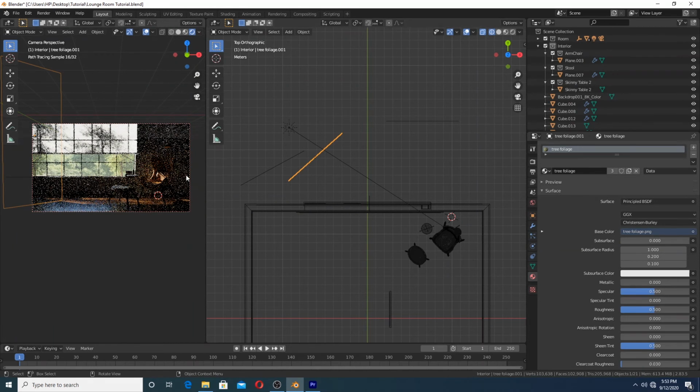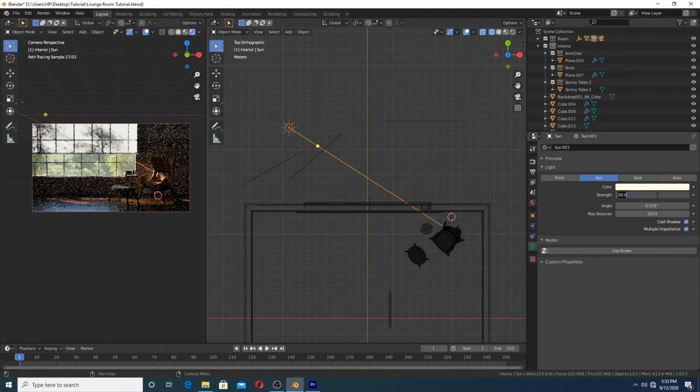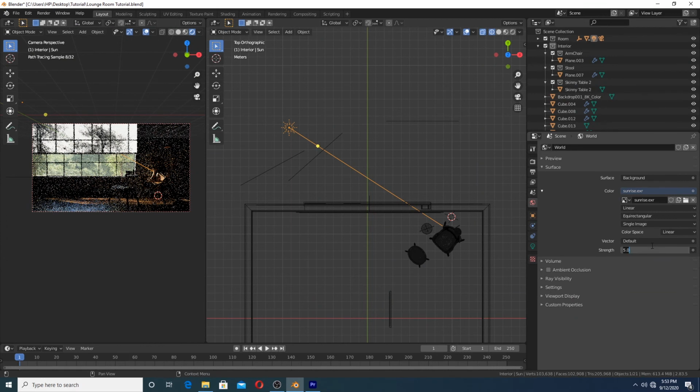And then if you still feel that you don't have enough light coming into your scene, you can grab your sun source and let's say put it to 40. On top of that, you can also grab your HDR and say a value of 10. This will just give your scene